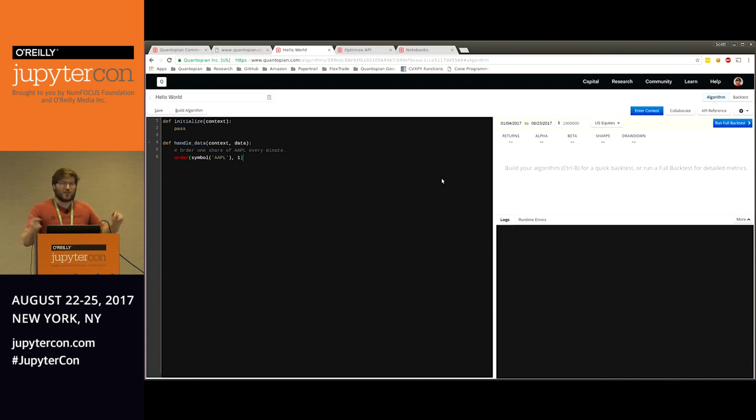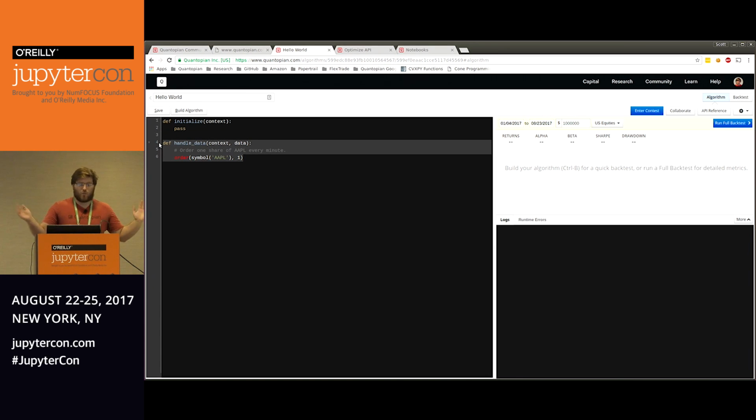So this is the simplest possible hello world algorithm. So we have an initialize function that doesn't do anything, and then we have a handle data function that's going to get called once every minute. So this algorithm is just going to order a share of Apple every minute. And if I hit run backtest or build algorithm and the conference Wi-Fi gods are being kind to me, we may see some progress here eventually, but I'm not going to hold that up for too long. At some point, we may eventually see things happen. Anyway,